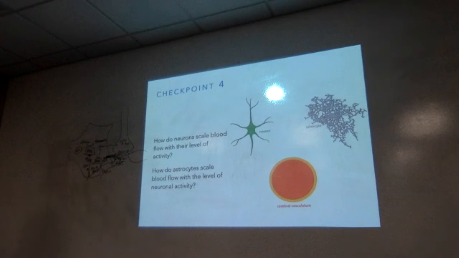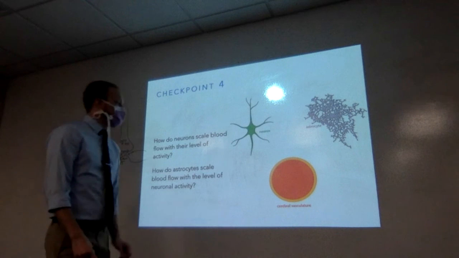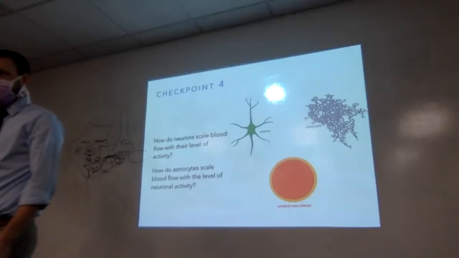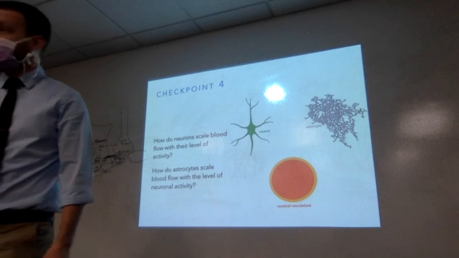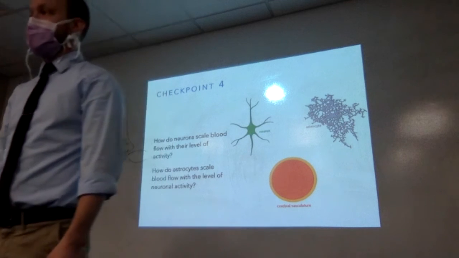So neurons and astrocytes can both affect blood vessels. We've already gone through astrocytes. We kind of brushed aside neurons, but let's just go ahead and mention it. What can neurons do to affect the size of our blood vessels? Do they spit anything out that might? Yeah, exactly. Nitric oxide. That's a great option here.